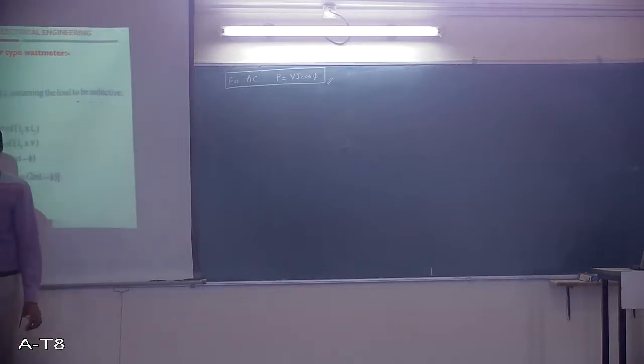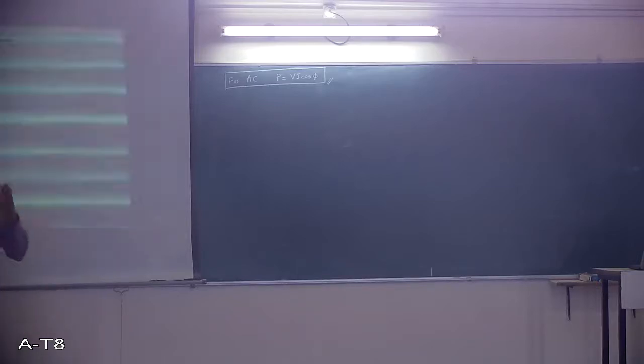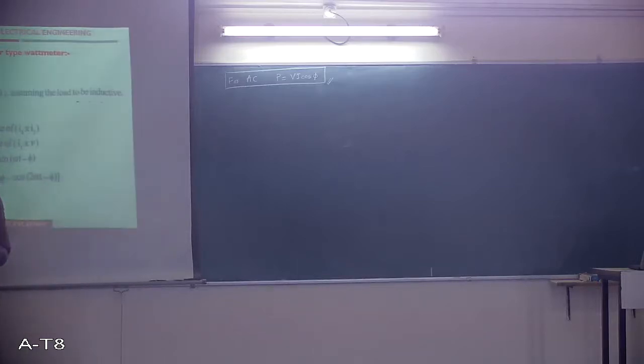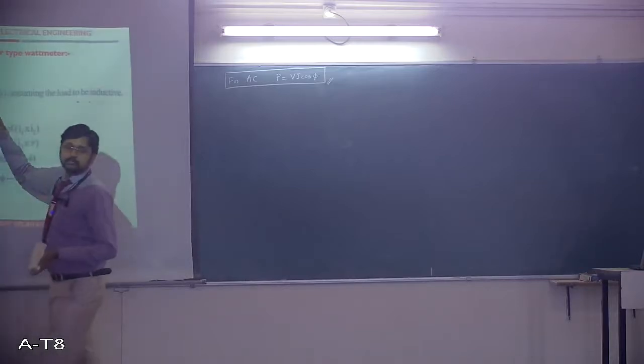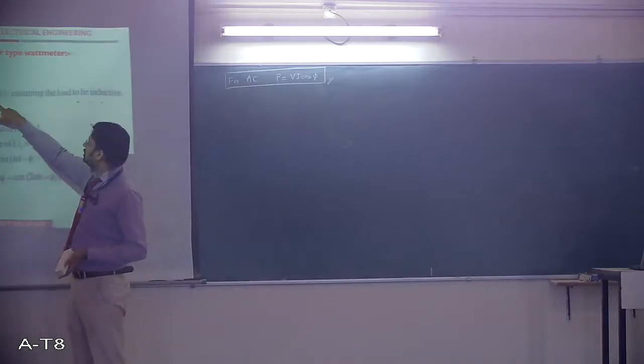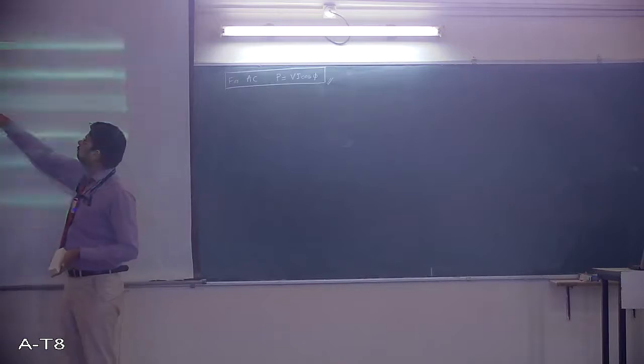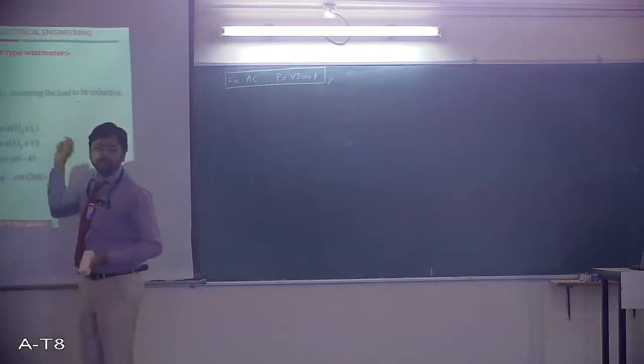V is equal to Vm sin omega t. This is what you have already studied in your physics as well as in basic electrical, so I will not repeat that once again. Small letters always represent the instantaneous quantities, remember. Vm represents the peak value of the voltage. So V is equal to Vm sin omega t. If this is the voltage, current flowing through the load is given by I is equal to Im sin (omega t minus phi). Why phi?